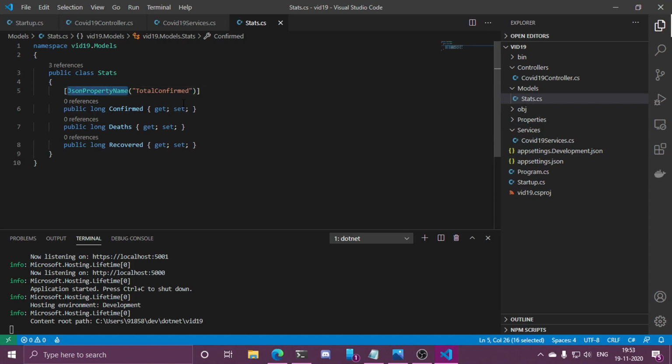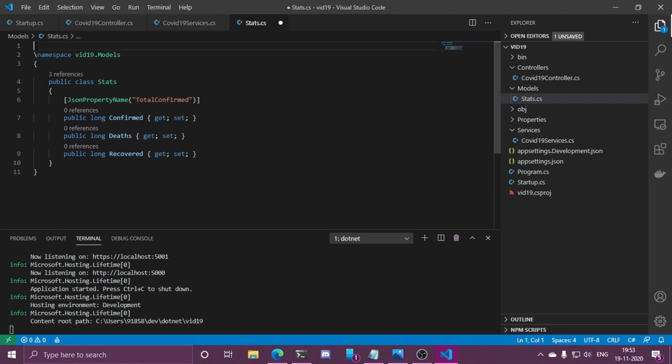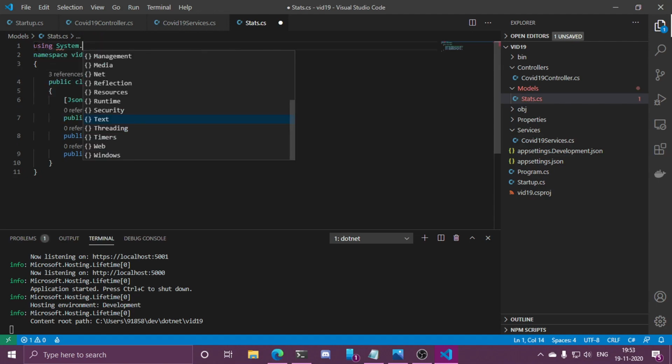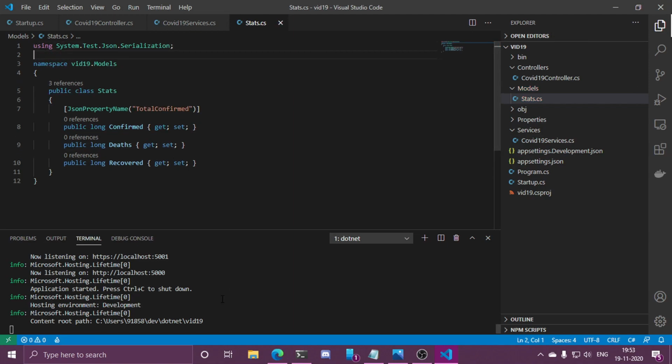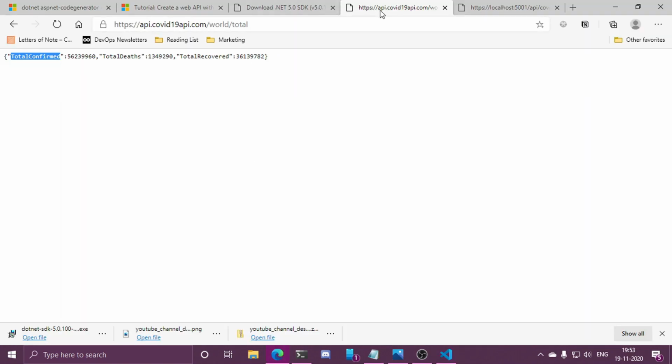And this JSON property name lives inside the namespace of using System.Text.Json.Serialization. Let's reboot the server.